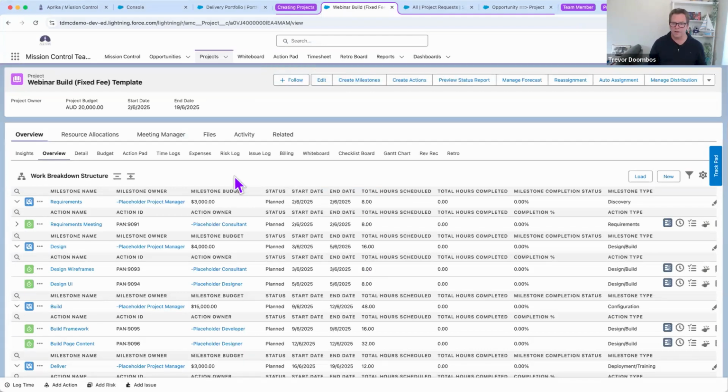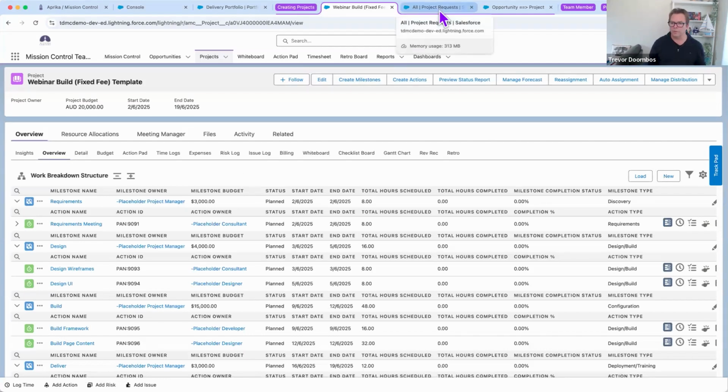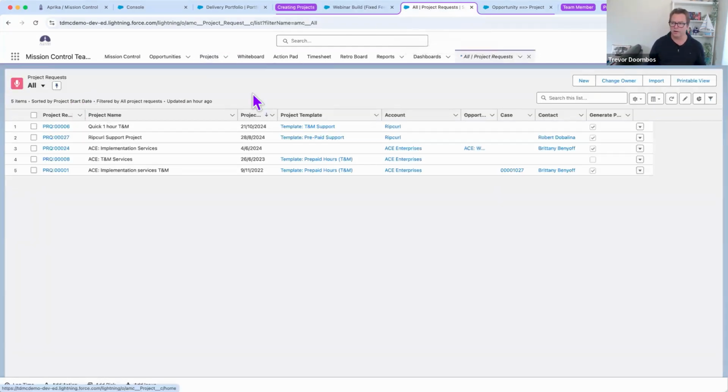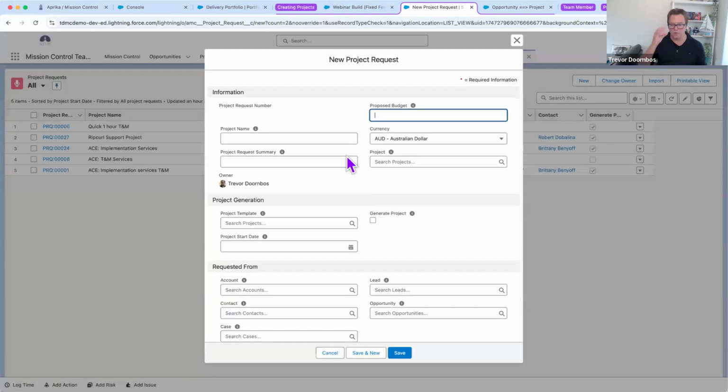So probably the question now is, how do I leverage this beautiful template now that I've created it for creating projects? Well, there are two main ways we can do that with Mission Control. We have an object called a project request object. Now, with the project request object, we can use automation with Salesforce Flow as we need to. All right, so I'm going to create a project,